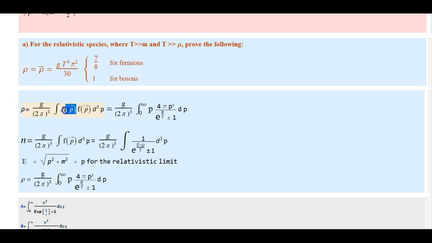In the relativistic regime, energy is given by p, momentum, and f(p) is given by this expression, 1 over e to the power p over T plus minus 1. Because we are assuming temperature much greater than mu, the mu term is not here. We have seen this in our previous videos also, that in the relativistic regime f(p) takes this form, and then we get